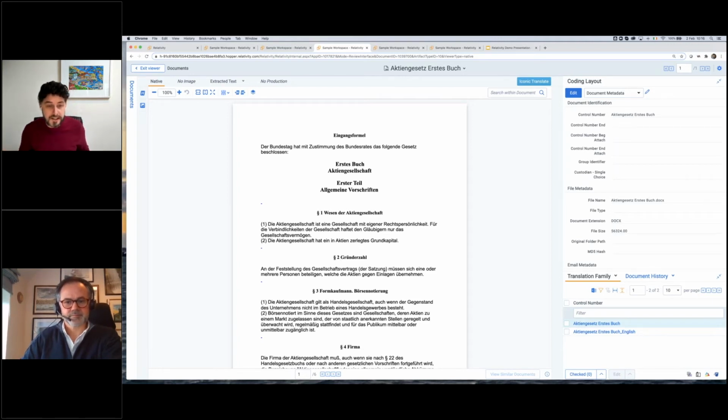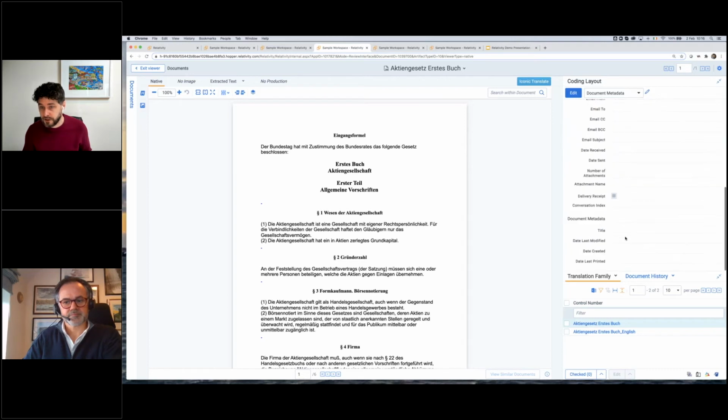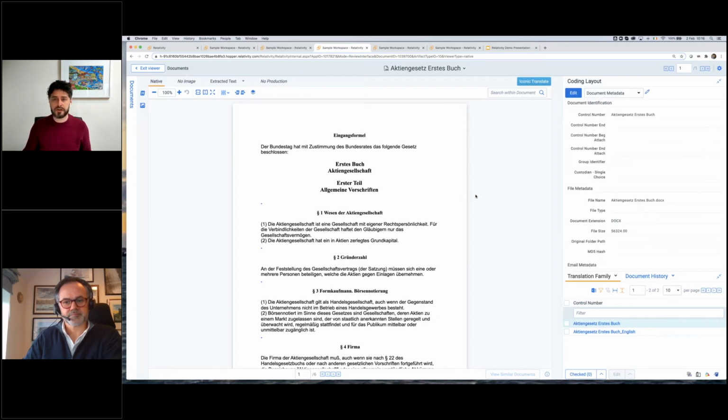How do we view the translation? That's going to depend on whether you translate the extracted text or the native file. So I know that this file has already been translated. If we translate the extracted text, we just create a new long text field called English translated text, or whatever language you translate it into, and that's where the translation is.